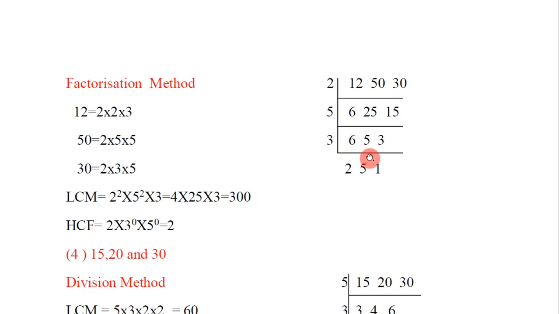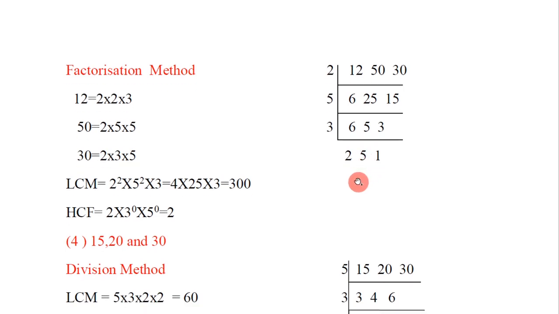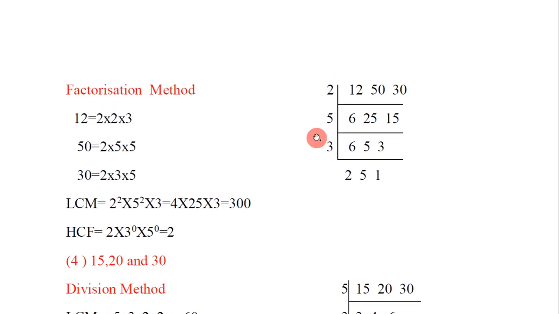So we can see that 6 and 3 are divisible by 3 here. So divide it by 3. It gives 2 here, 1 here, and this 5 we have to just carry forward, write it as it is, 5. So now according to the rule, by division method, LCM is